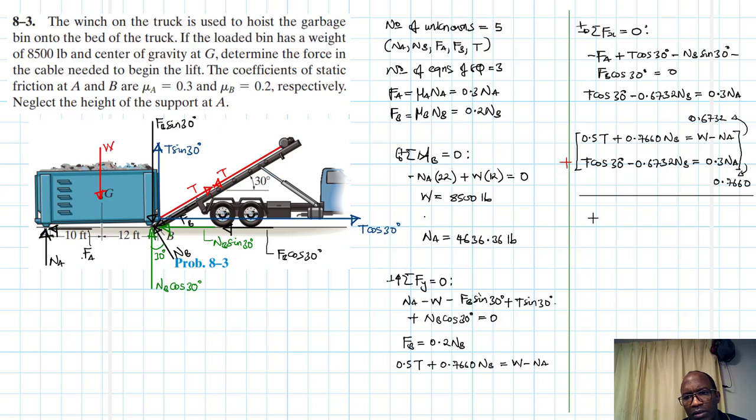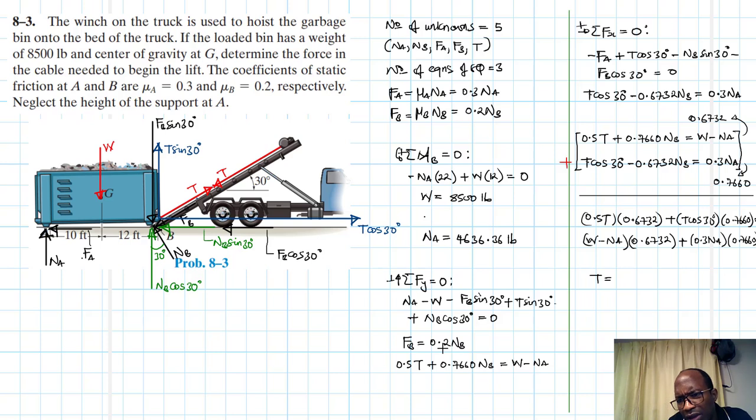So this becomes equal to 0.5 T times 0.6732 plus T cos 30 by 0.7660, equals to W minus NA by 0.6732, plus 0.3 NA by 0.7660. Alright, therefore our T is just going to be equal to,